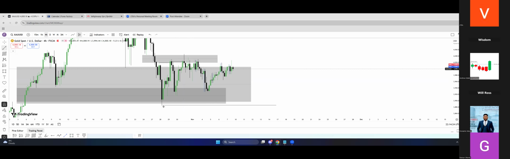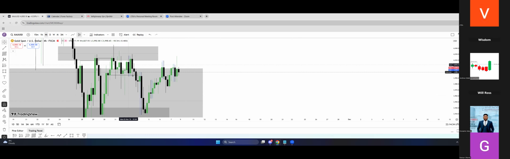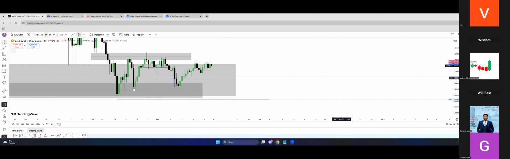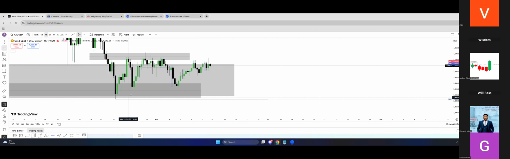Now I'm going to read this area for you. This was the last area that price did not close below. But unfortunately, from here, price now closed below it. What happened? Price pulled back and moved down. So where did price move down to? All the way towards this low, and it failed to take out this low.